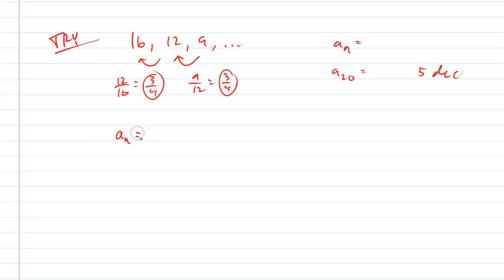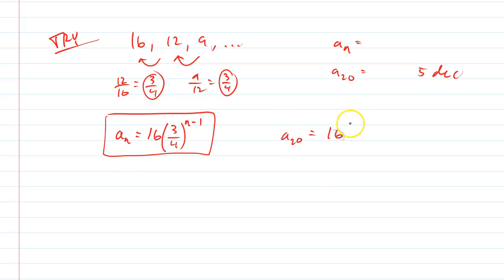The general term is going to be the first number times our common ratio, but always 1 less than the actual index. By the way, that n can be called the index sometimes. Alright, and then a sub 20 is going to be 16 times 3/4, but 19 times to get to the 20th spot there. Alright, now that is going to be 16 times 3/4 to the 19th power,